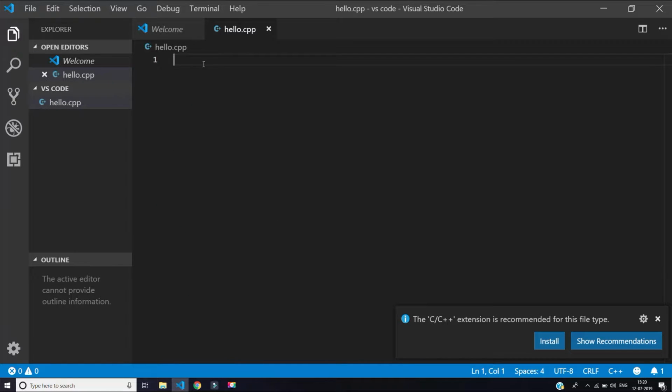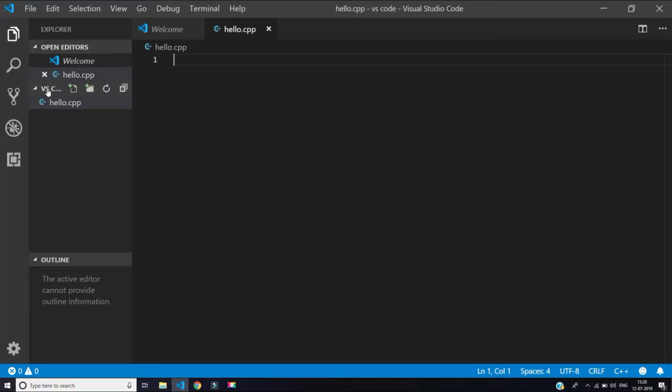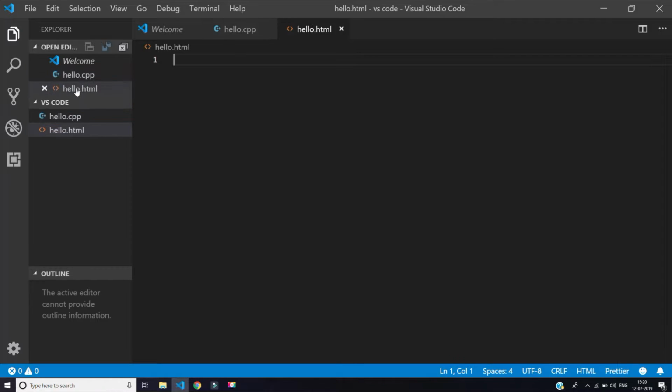So in this way we can create a C++ file, and similarly I'll write here hello.html, and so in this way we can create an HTML file, and this is also giving us the icon of HTML,